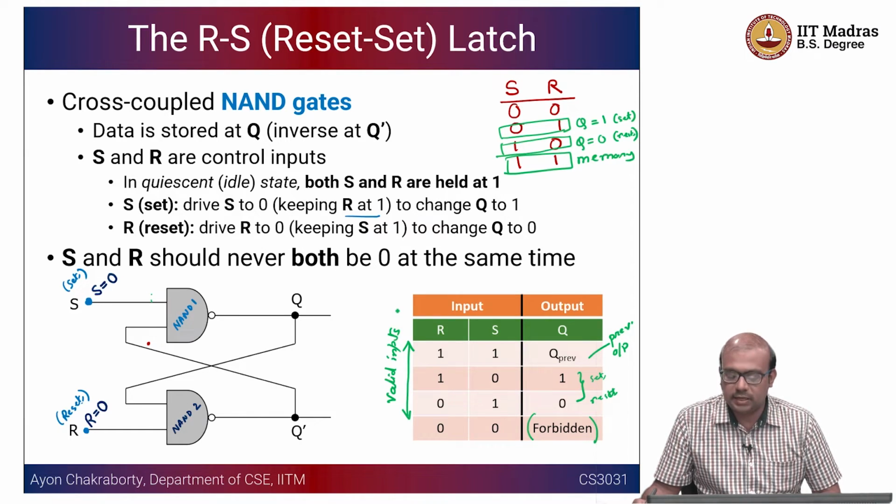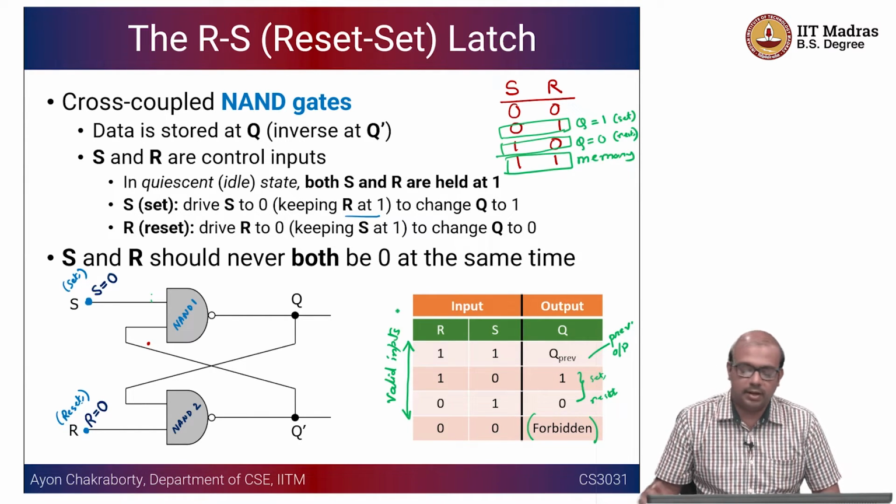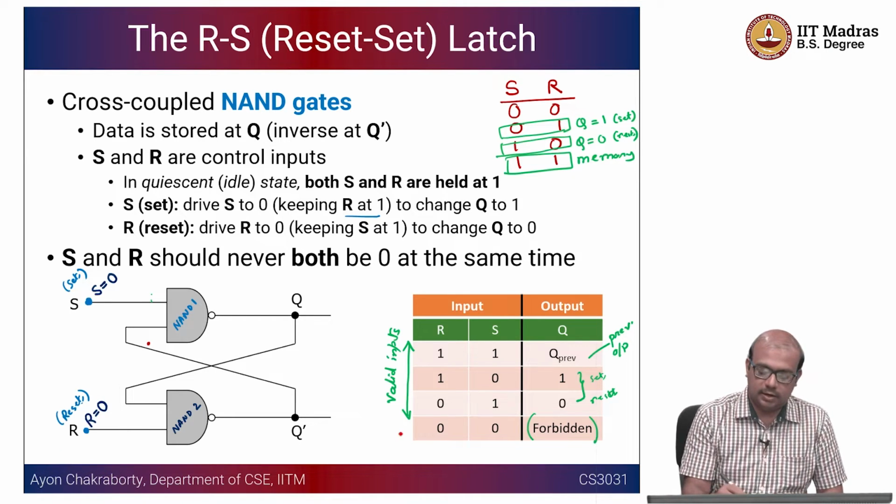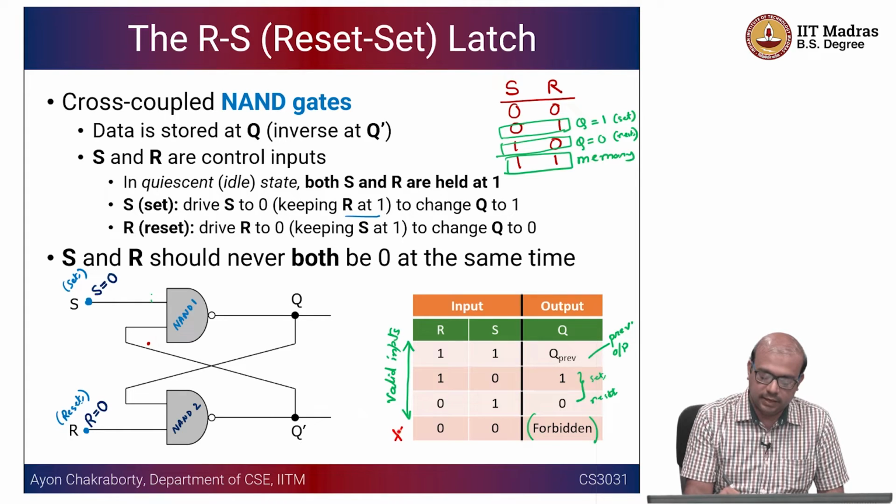In that case Q is basically being set to 1, whereas if S equal to 1 and R equal to 0, in that case Q is going to be reset to 0. Okay. And one more very important thing that has to be remembered in case of an RS latch is,